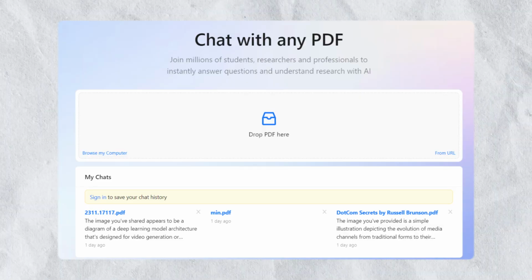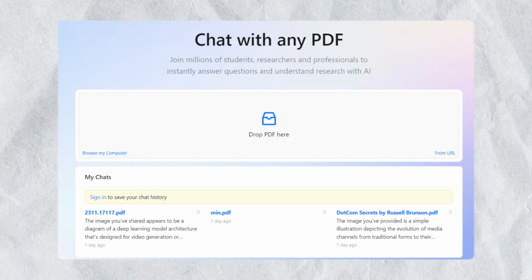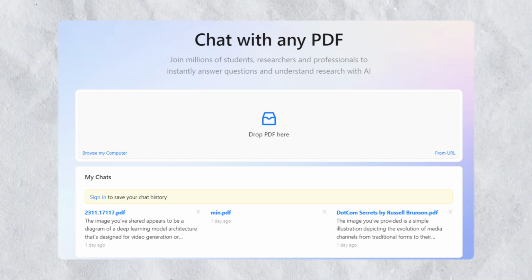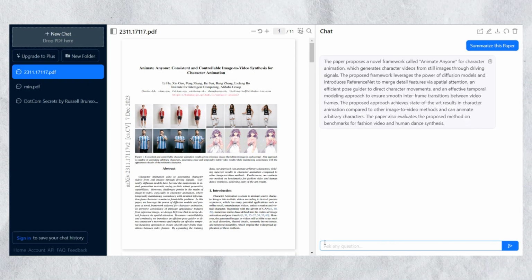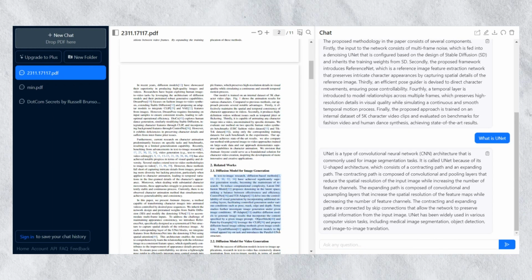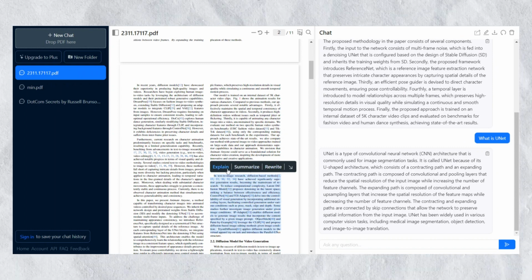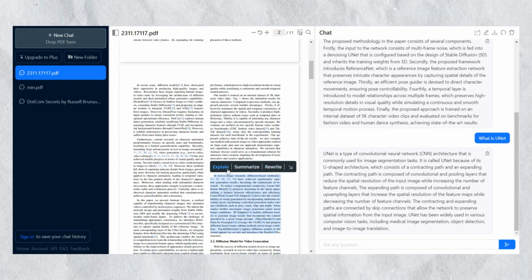9. Research paper analysis. Research papers can be overwhelming, especially when you're faced with a stack of them. But don't worry, I found a tool that can make this task a lot more manageable. ChatPDF.com. This site is a lifesaver for anyone doing research. Just upload your paper, and it provides you with a summary. If you're struggling with a particular section, simply highlight it, and the tool offers an explanation and allows you to